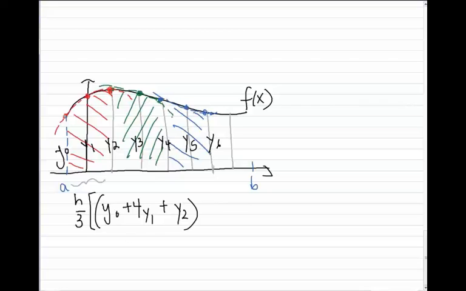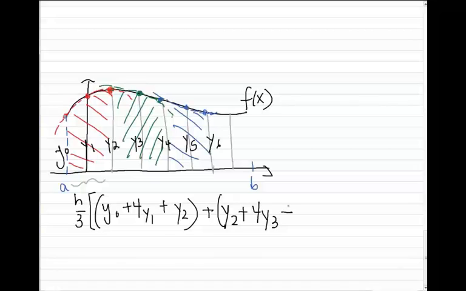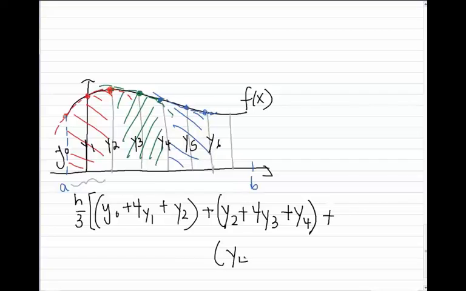This would give you the area under the curve for the red section. Now if we do the green section, that would be y2 plus 4y3 plus a y4. That's the green section. And then the red section would be y4 plus 4y sub 5 plus y sub 6,